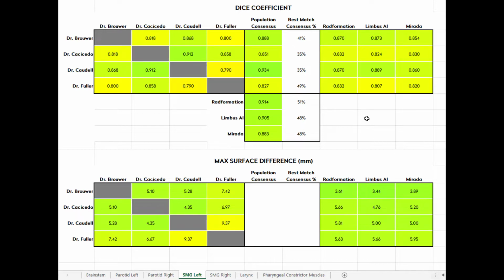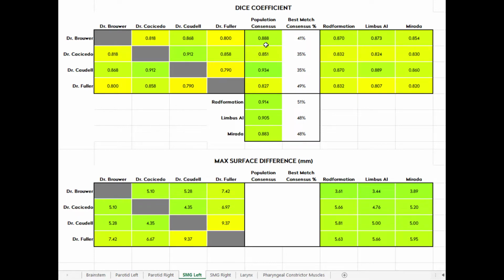Let's focus first on how the physicians compare to each other. You can go across, left to right or top to bottom. I think just qualitatively we'll see the DICE range everywhere from, say, 0.79 to 0.912. So, not a perfect match, but what is really interesting is that when you compare them to their best match consensus, it exceeded,